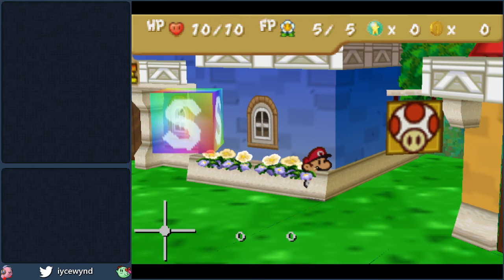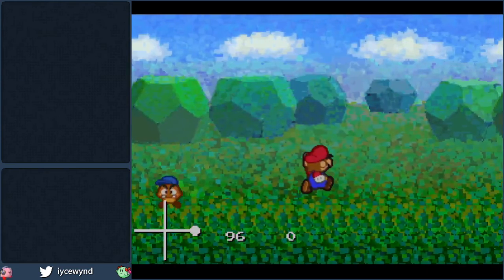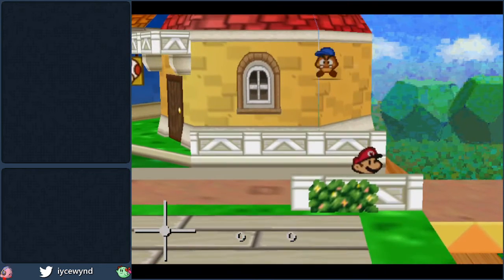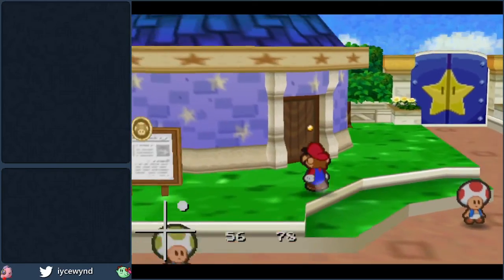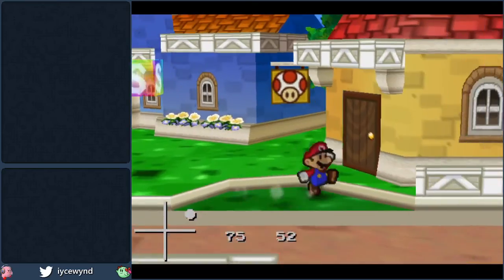And so that would look, again, watch the input display to kind of get an understanding of it, but that would look something like this. Mario shoots up, down, down right, or down right, down, and you actually do that all as two falls instead of doing it as a third. So that is Black Toad Skip. Definitely a trick that a lot of people struggle with early. It's pretty finicky, especially if you're not too used to the out of bounds mechanics in Paper Mario. But yeah,